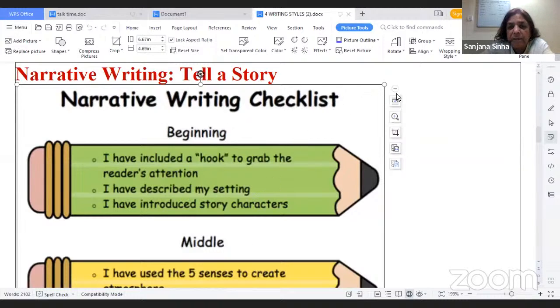Somebody please suggest a name of the story. ठीक है, आप ही की कहानी रैबिट एंड टर्टल। फाइन।